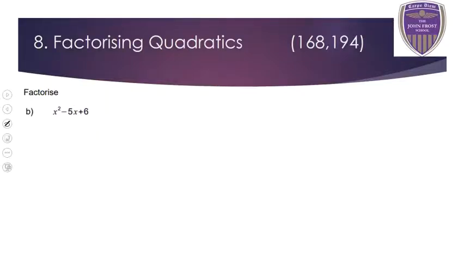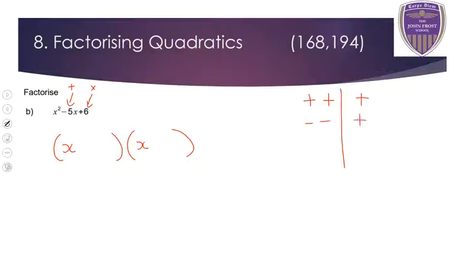Moving on. So this time, still 3 terms. Okay, we've got x and x, definitely, to make the x squared. We're still timesing to make this end term, and adding to make the middle term. Okay, but this time, the symbols are not going to be 2 pluses. All right, we're multiplying to make a plus 6, but we're adding to make a negative 5. So the only way that's going to work, okay, if you think back to this table that we've done quite a few times,